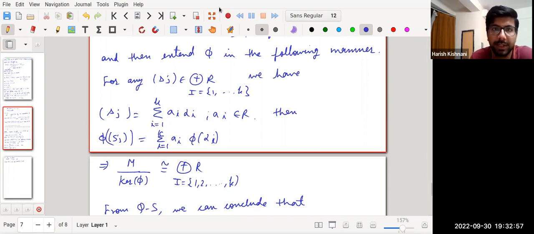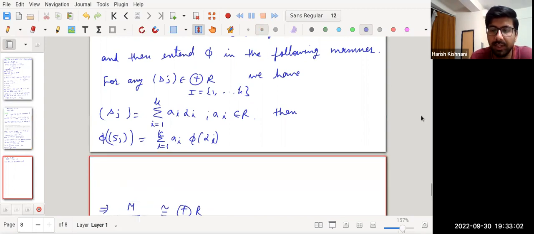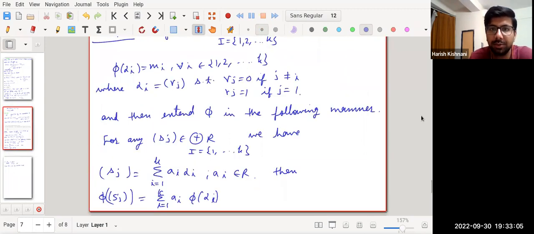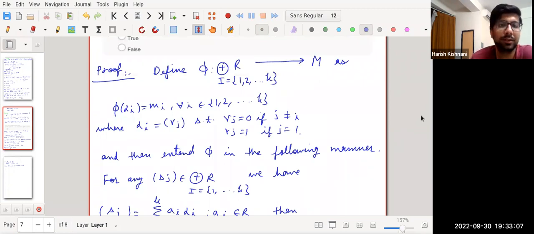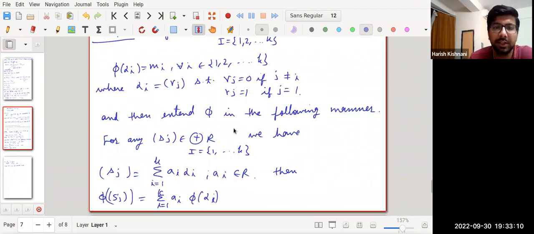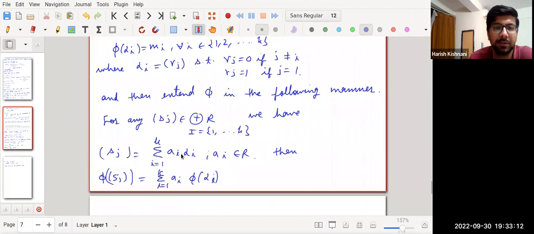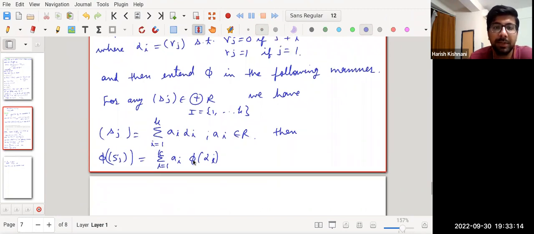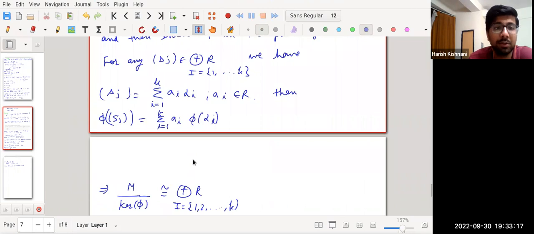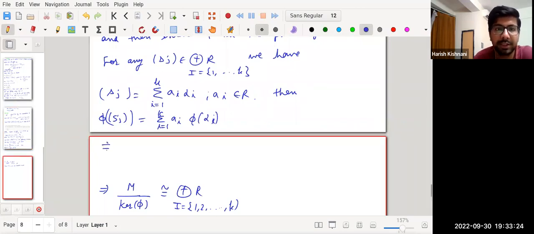what does this mean? This means that you have a homomorphism from the direct sum of R to M, and this homomorphism is injective because for each element Sj you can write it uniquely as the sum of Ai alpha i, and you have defined the map on Ai alpha i, so this will be an injective map. Earlier we did not have this unique representation, so the map we defined earlier was not injective. So phi is an injective,